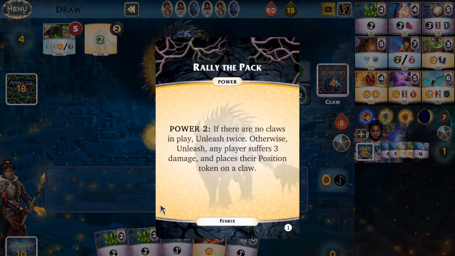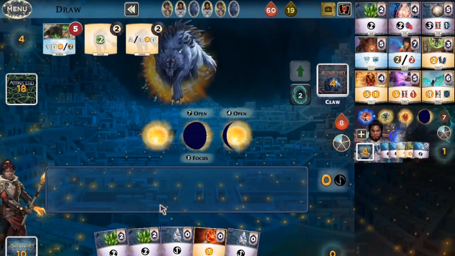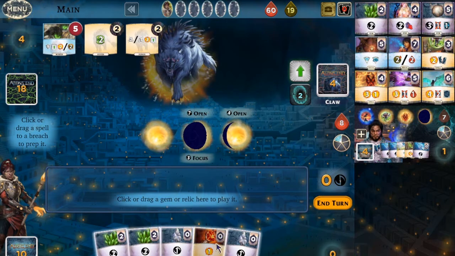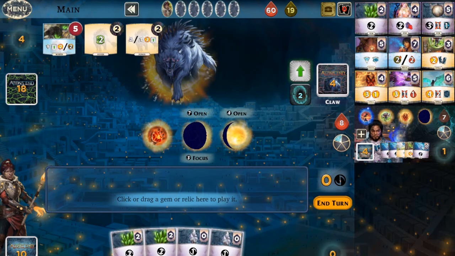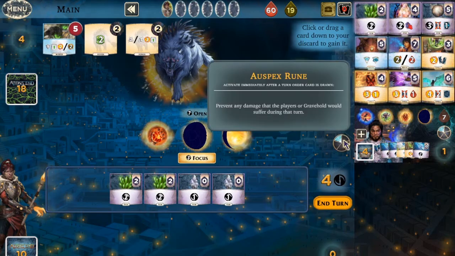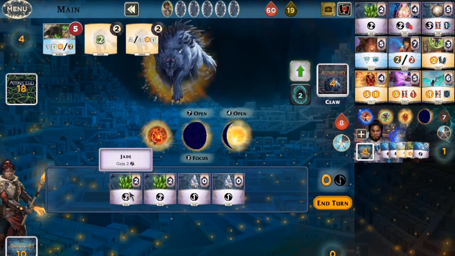While Fenrix goes and nickels and dimes us. If there are no claws in play, unleash twice. Oh, good grief. Otherwise, any player suffers 3 damage and places their position token on a claw. Right. That sounds like par for the course. Alright, so let's see. How about... Let's just start powering up our ability there. And...